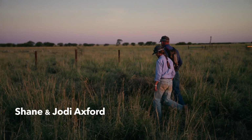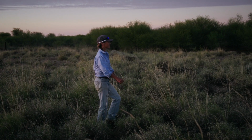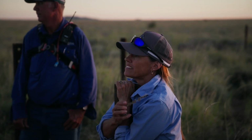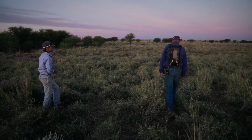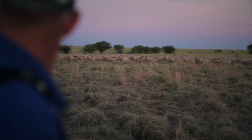Shane and I met in the shearing sheds. We were shearing contractors for 10 years. We learned a lot in that time about what sheep we liked and what sheep we didn't like. So when it came time where we had the opportunity to buy some of our own sheep and get a